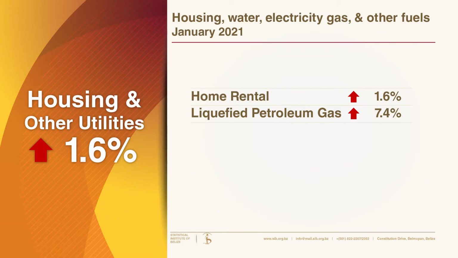In addition, liquefied petroleum gas prices saw a small increase of 7.4%, as the average cost of a 100-pound cylinder of liquefied petroleum gas went from $98.75 in January 2020 to $106.01 in January 2021. Now let's look at the housing, water, electricity, gas, and other fuel category index for the